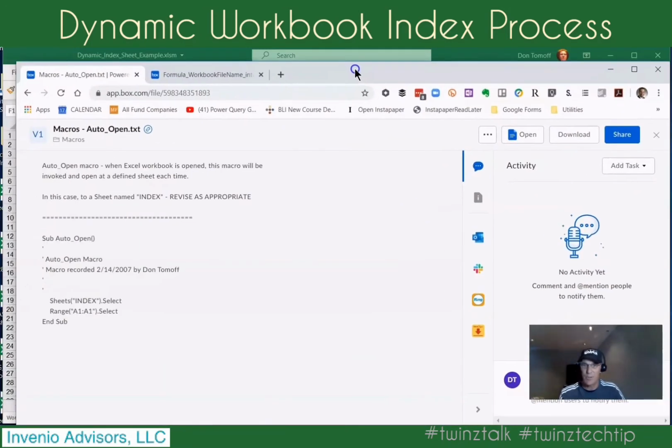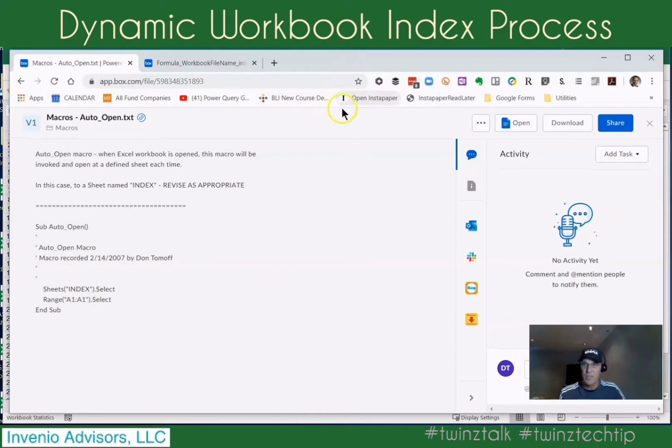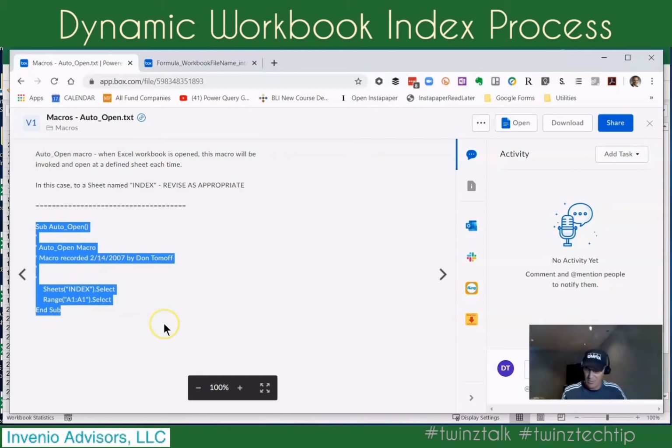And I'm going to give you links to this, but this is the macro. You can see that the name is auto open. Now in this case it's referring to an index sheet, so I'm going to tweak that a little bit because our index, as it says here, sheet named index, revised as appropriate. So I'm going to copy that macro,